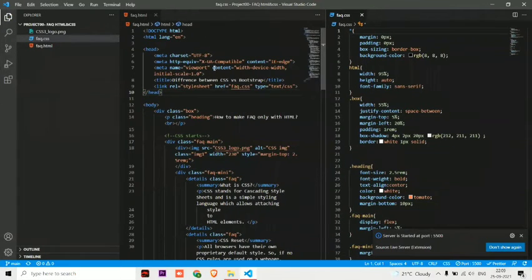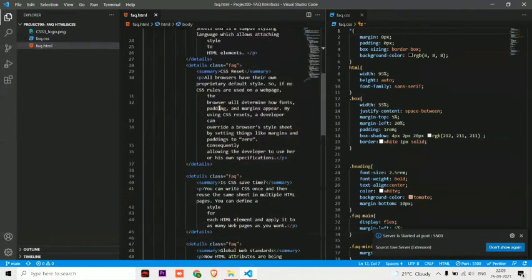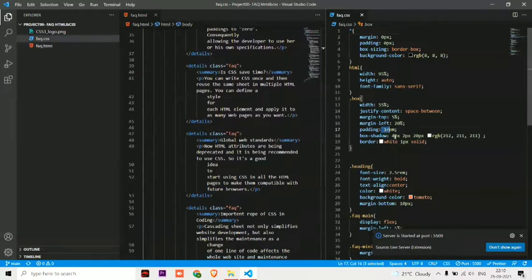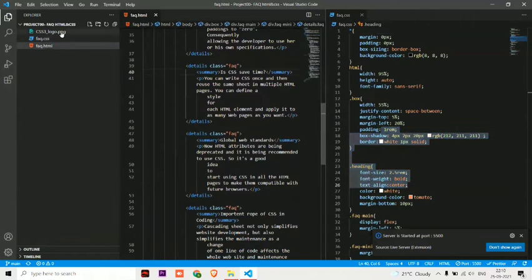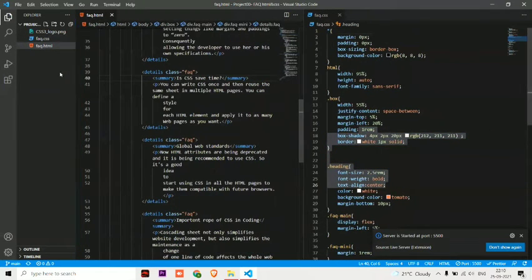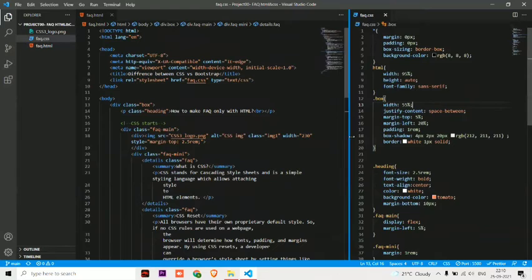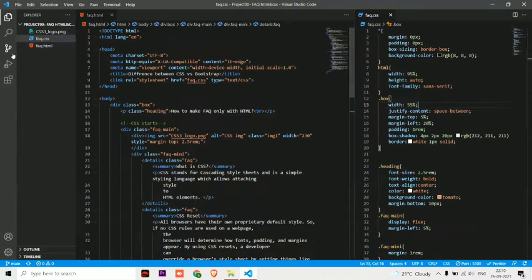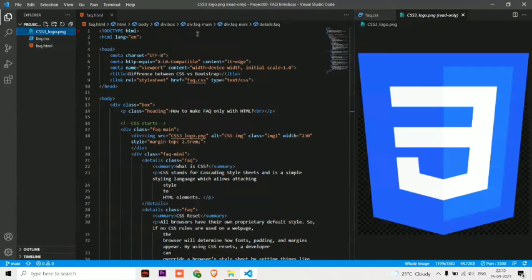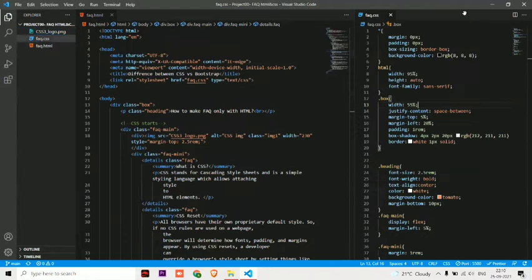So let me go to code and show you the design. So here is the code, and this is the HTML, and this one is the CSS. I hope you can see. Let me move it. Okay. So here is the HTML, and this one is the CSS. Now it's perfect. And for that, I have used one image, which is here. Okay. So let me show you first HTML.